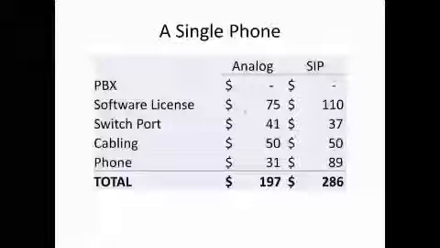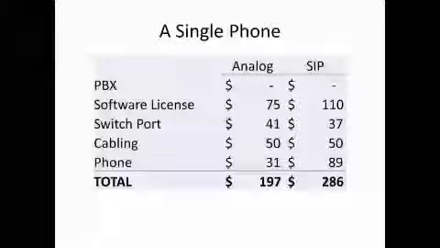So we're going to look at the software licenses, the switch ports that are needed, whether it's a switch port in the PBX or that PoE switch port, and then the cabling and the phone. And if you look here, for whatever reason, we did not start this, but we are continuing with it. The analog software license is less expensive than a similar SIP license. And for those of you who know one of our largest competitors' pricing, this is taken right from their published